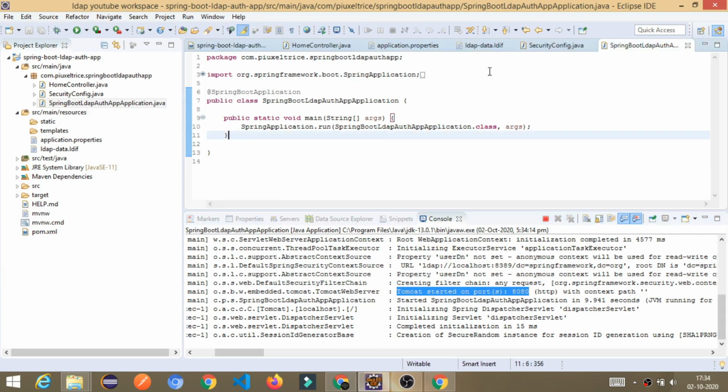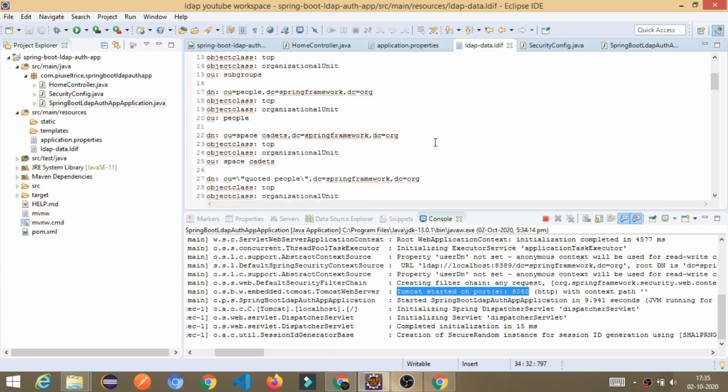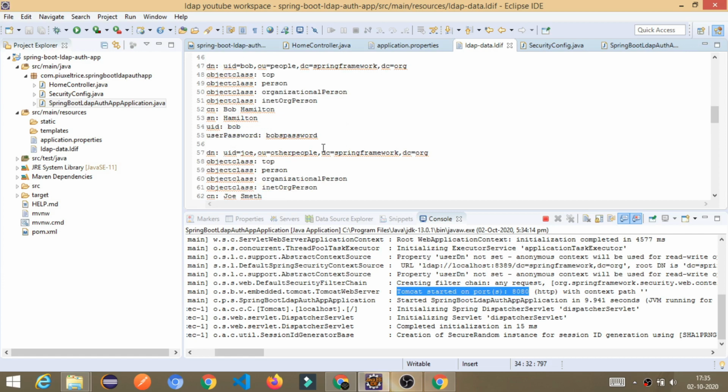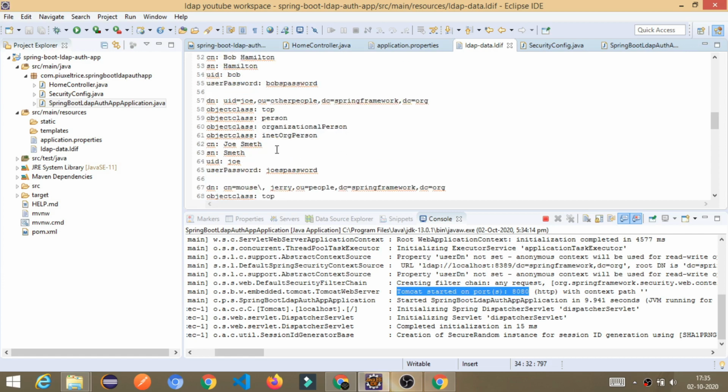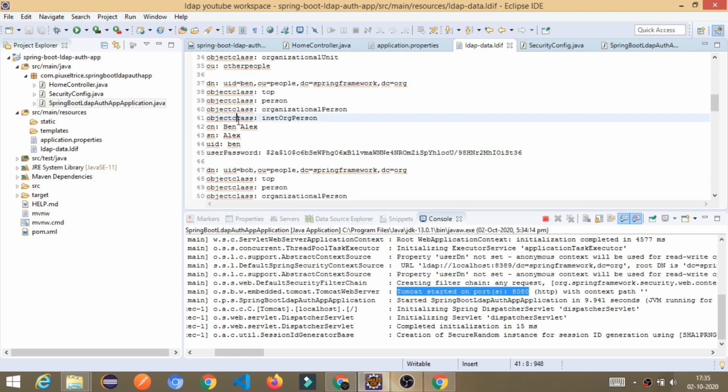Okay, so now see here, this is the LDAP server data which is stored in the LDAP. It contains so much data, like for Joy Smith and for Bob, so many entries like that. I'm using this one. We can use any of these.